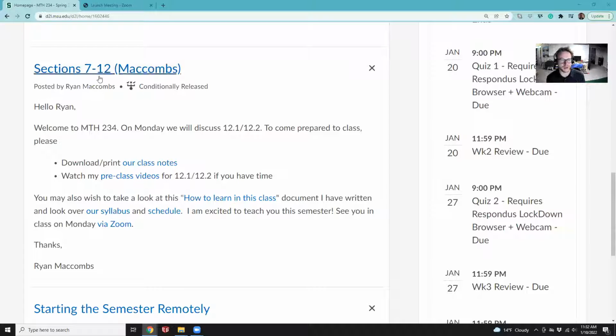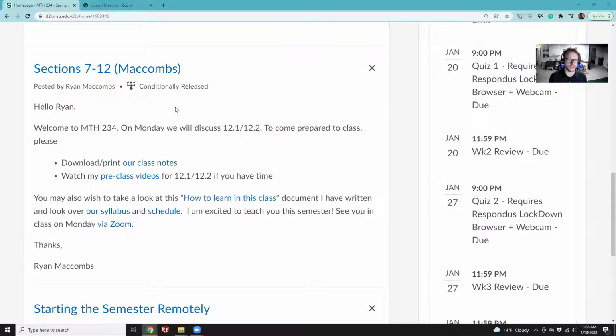So, all right, a little bit about formatting, and then we're going to be learning some math today. So I posted this announcement. Hopefully you guys saw it. This is for my sections, so if you're not in one of these sections 7 through 12 that I'm formally teaching, you still have access to all of the same information. It's just you don't get this announcement right here. So I'm going to be using a system where you have some class notes, some fill-in-the-blank style PDFs that you're going to be downloading. I have some class videos that I'd like you to watch before coming to class to give you some basic definitions, theorems, stuff like that. And then while we're in class, we're going to be primarily engaged with how do we actually use these things? How do we use these definitions? How do we use these theorems in order to solve problems?